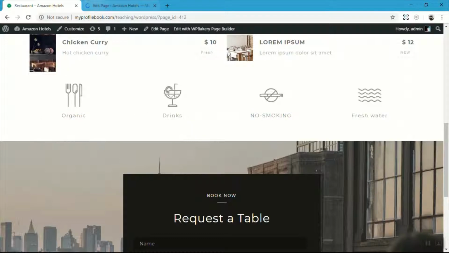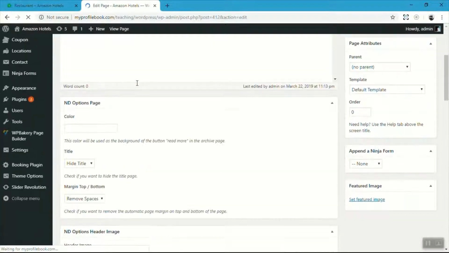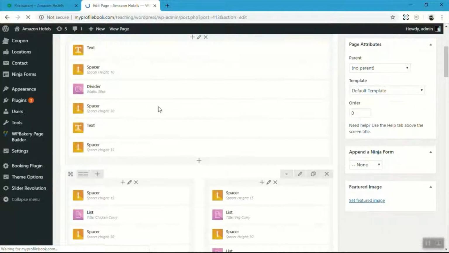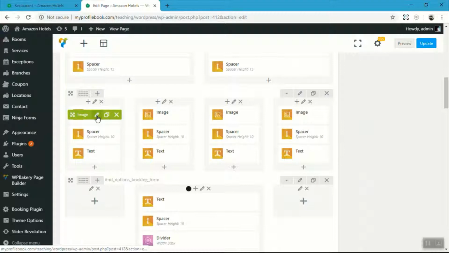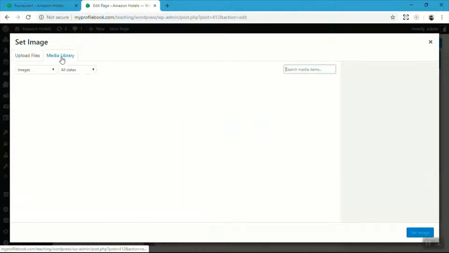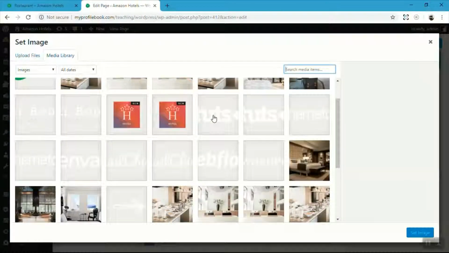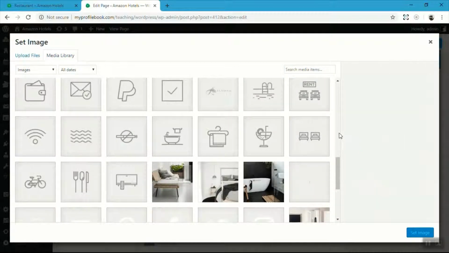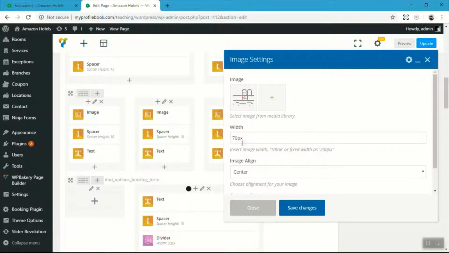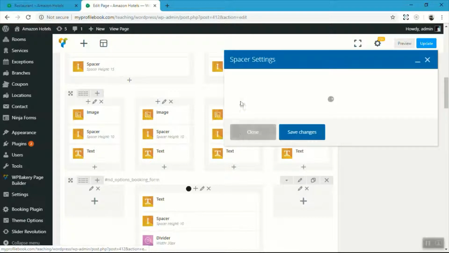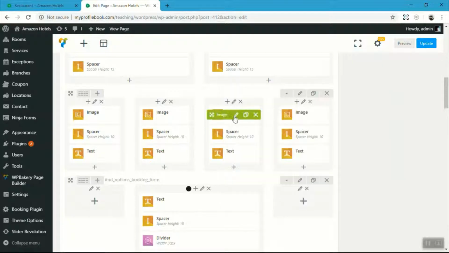If you want to change the image, it is also very easy. Click on an image and hit the pencil icon. Change the image. For example, you can use this one and save it. And don't change the width and the positioning. Let's change this one also. Click on edit image